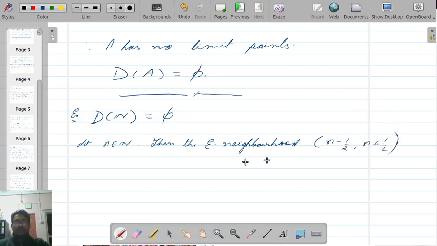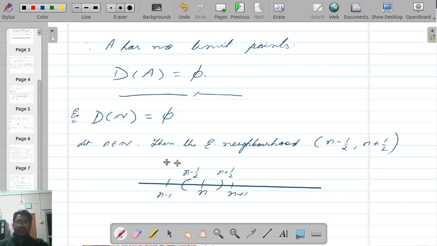You have the set of natural numbers. In the set of natural numbers you have n plus 1, n minus 1. So the distance between two consecutive natural numbers is always 1. So you take half of that, and take n minus half to n plus half. This interval will contain only the natural number n. It will not contain any other natural number. So the epsilon neighborhood n minus half to n plus half